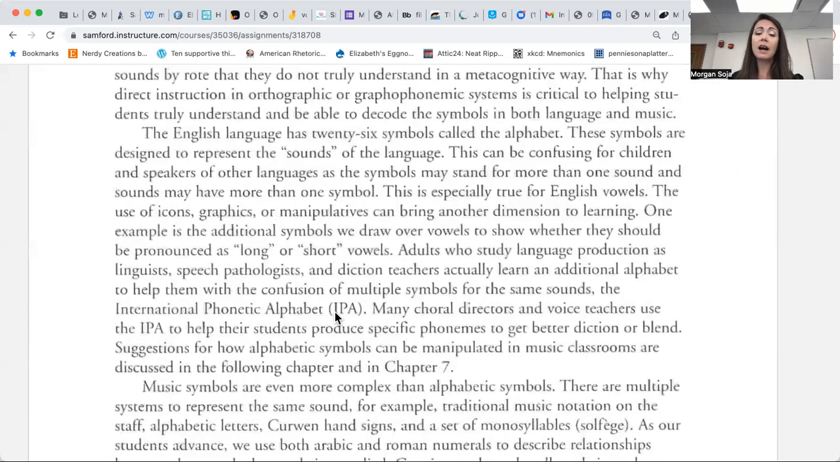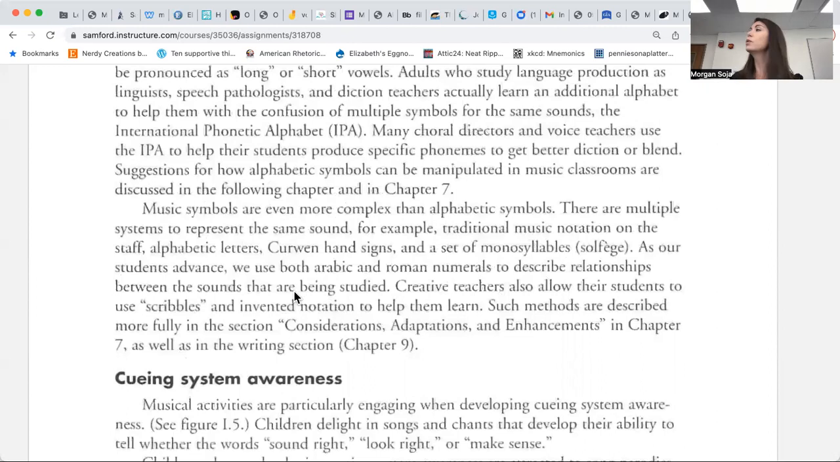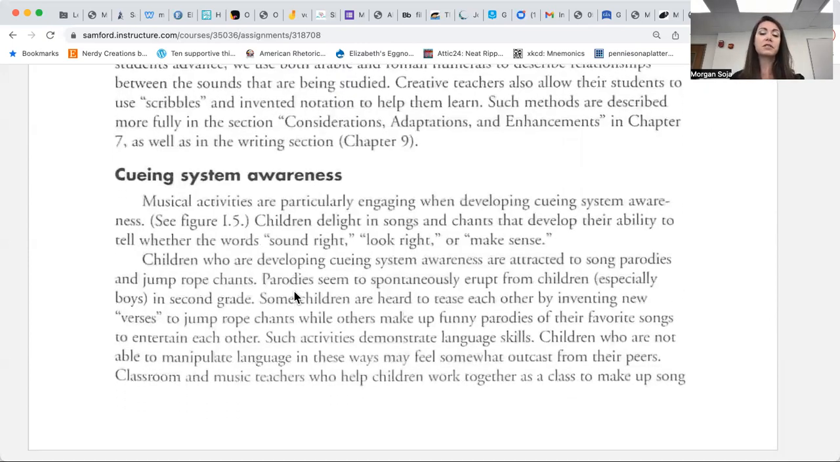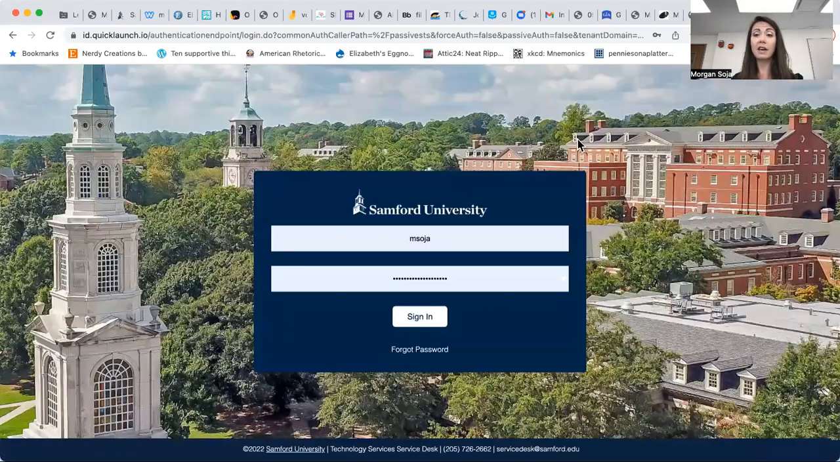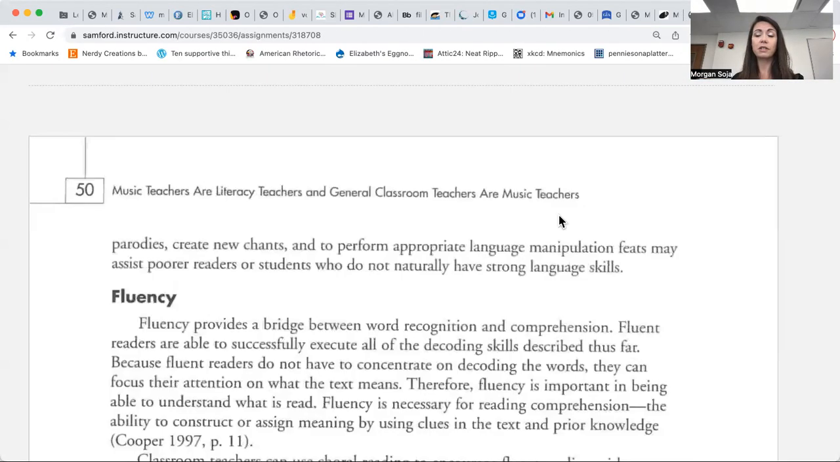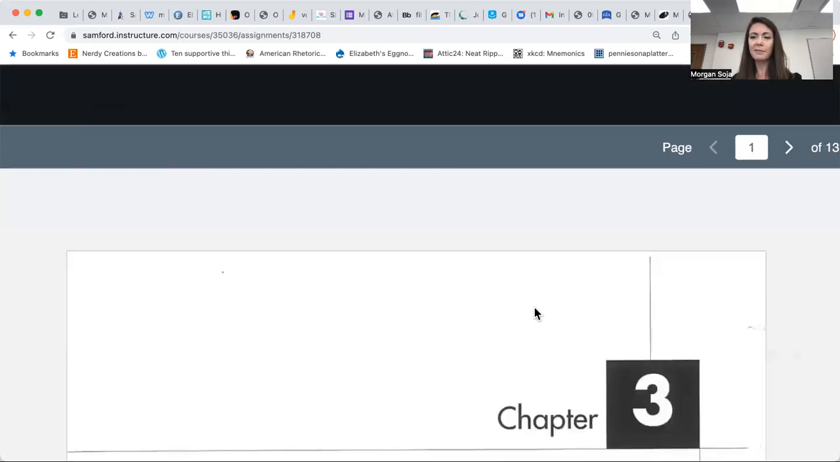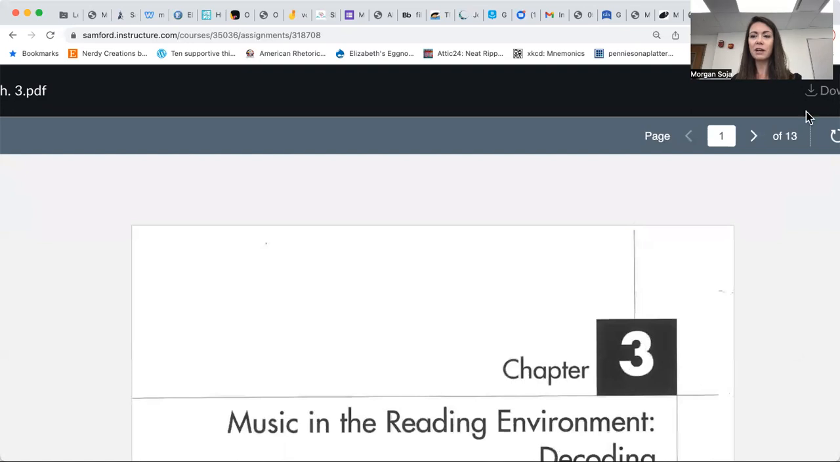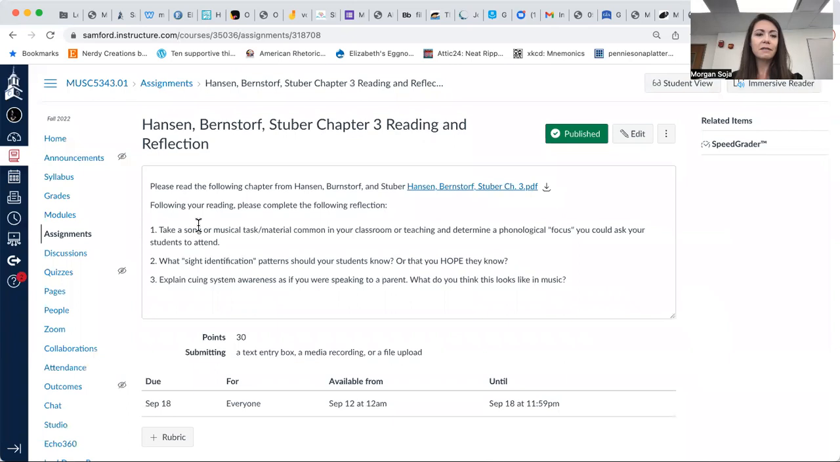But to me, I'm very much interested in how you would want to do that in your own classroom. What would that look like to you? And then of course we get into that cueing system awareness again. What is that? You might need to go back to that earlier chapter in order to be like, oh yeah, cueing system awareness. What is that? I'm not going over it right now because I want your actual thoughts, not the thoughts that I have influenced, but I was like, let's